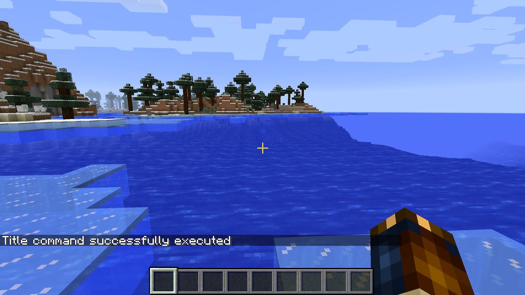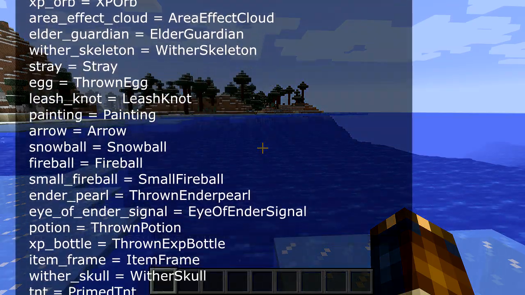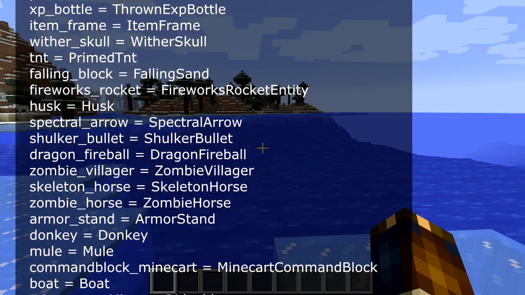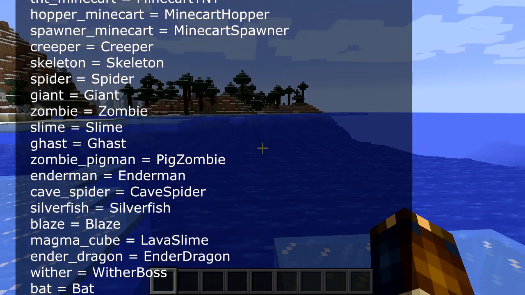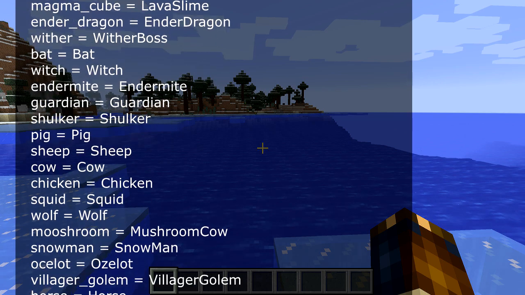Entity IDs now have Minecraft colon prefixes just like block IDs used to have. And most entity IDs and tile entity IDs have been renamed. They are no longer case sensitive, and instead of capital letters, words are now separated with underscores. This means that all commands that reference entity IDs or tile entity IDs need to be rewritten to take this